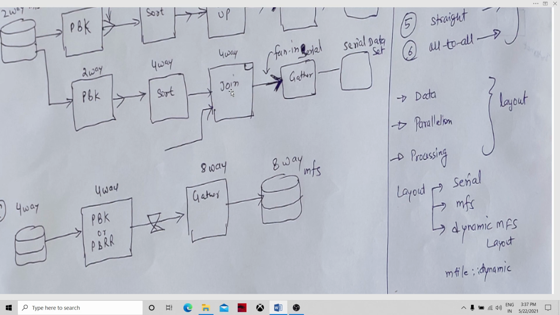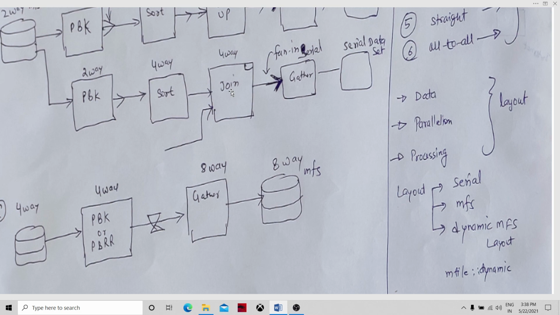And then there is a dynamic MFS layout. This is a new one. Dynamic MFS layout is used in container jobs. Depending upon the context, jobs could run on different layouts. Maybe today the graph is running two-way parallel, and tomorrow the same graph on the production system can run eight-way parallel.